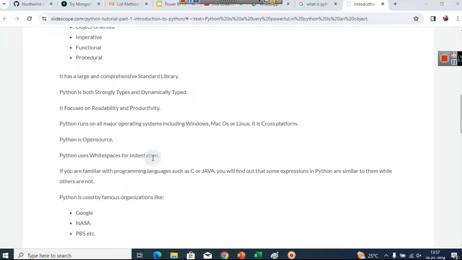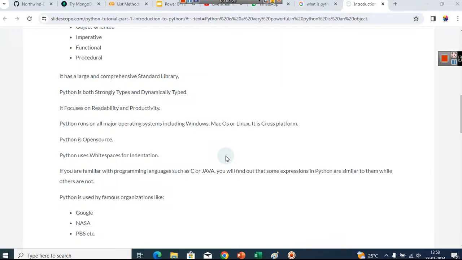Python uses white space for indentation. If you are familiar with programming languages such as C or Java, you will find that some expressions in Python are very similar to them while others are not. So slowly we will try to understand Python with the help of various examples.